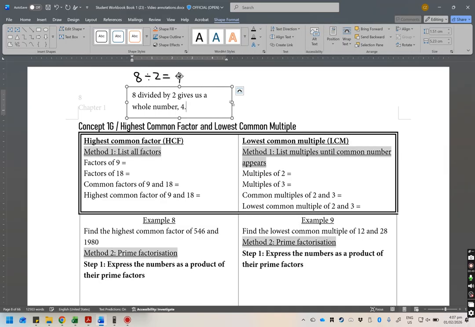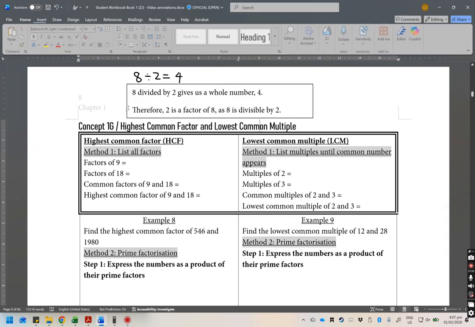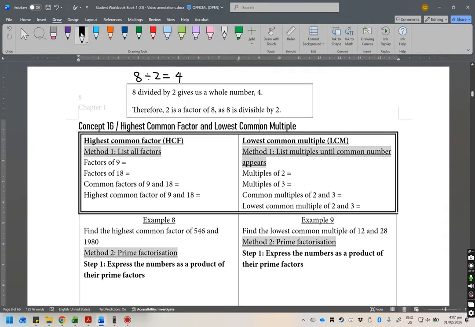This tells us that therefore 2 is a factor of 8, as it is divisible by 2. Okay, so moving on,